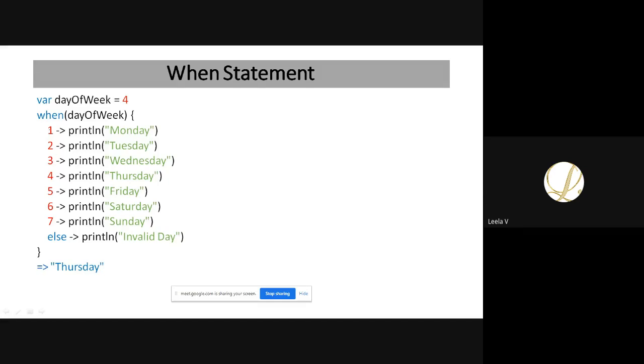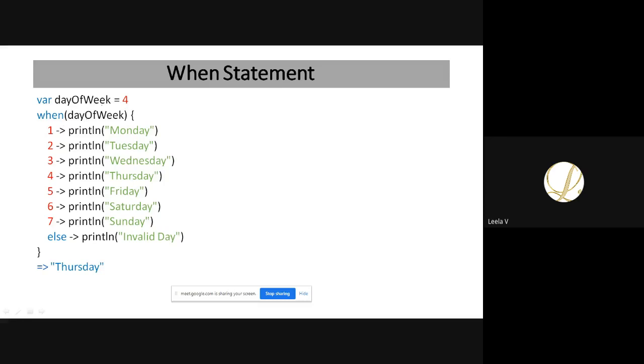This when matches your argument with all the cases sequentially until a match is found, and for a match it will execute that particular branch's statements. Otherwise, if no match is found, it will move to your else part. Here I'm passing this day of week as 4.